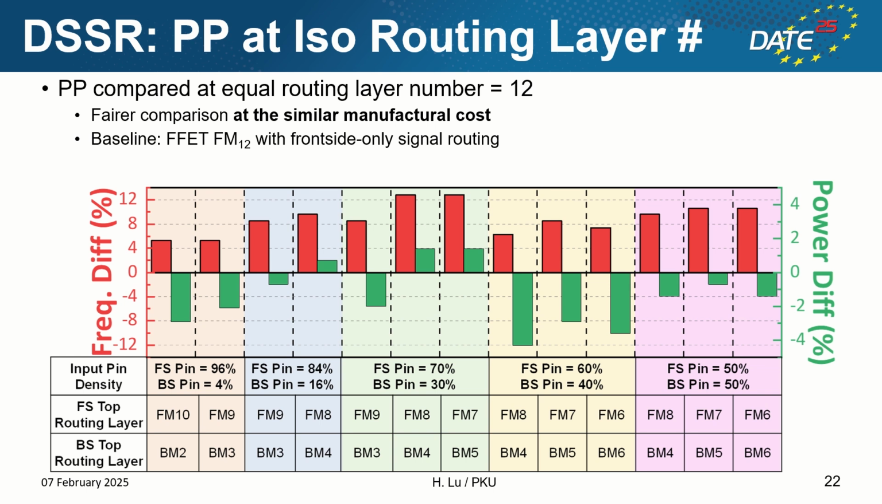Furthermore, power performance is compared at equal routing layer number. This gives a fairer comparison at the similar manufacturing cost. The baseline is the FET with frontside only signal routing. The figure below shows the power performance results with various backside input pin density proportions, ranging from 4% to 50%. With input pin distributed evenly on both sides, the FET routed with FM6 BM6 achieves the highest frequency without power